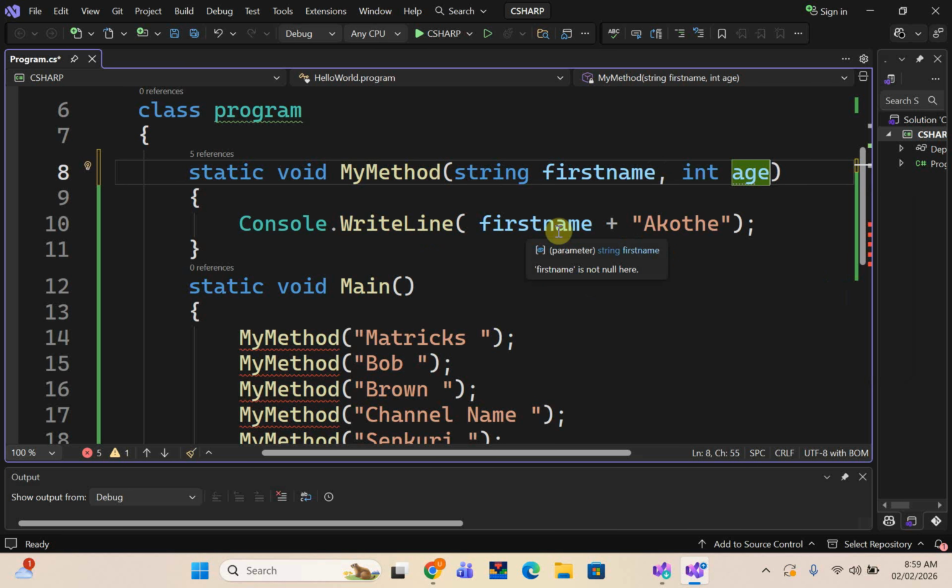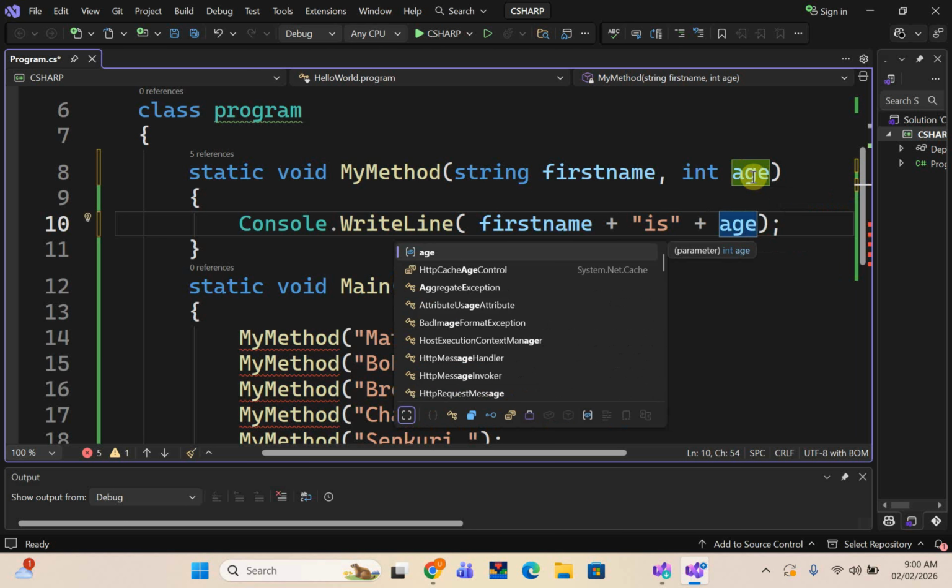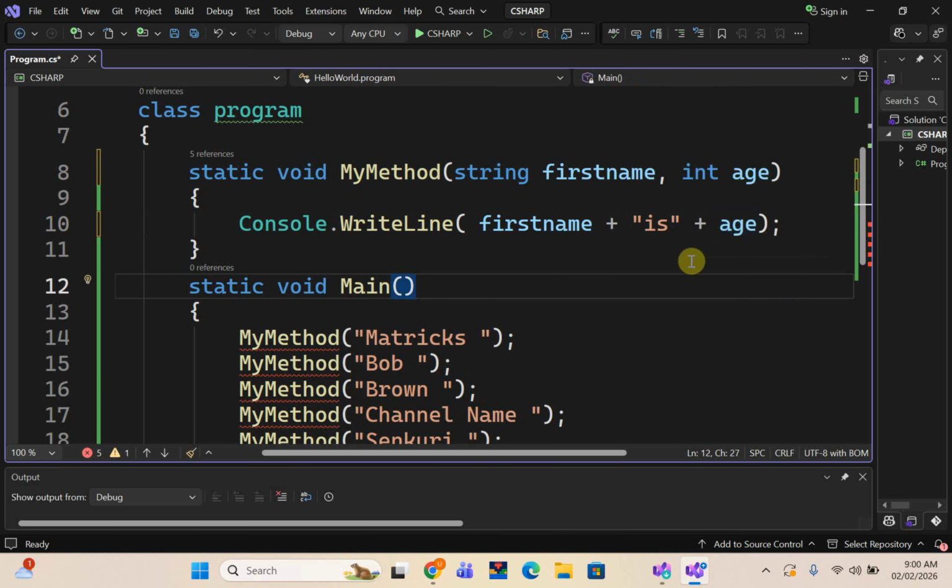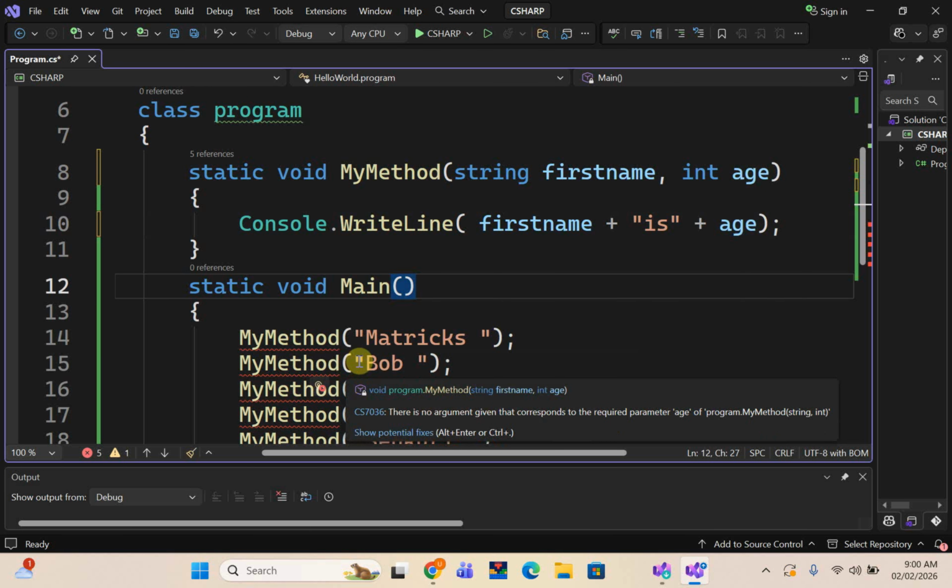Now we have a first name, and let's also add age as a parameter. So now what you're going to do, you're going to write, for example,